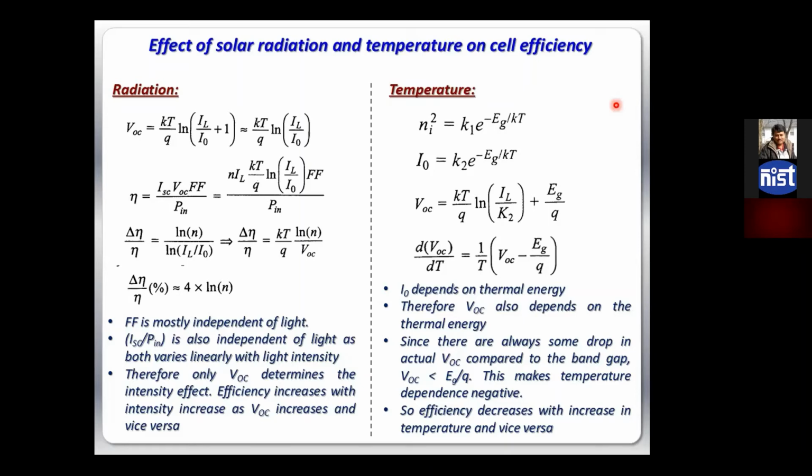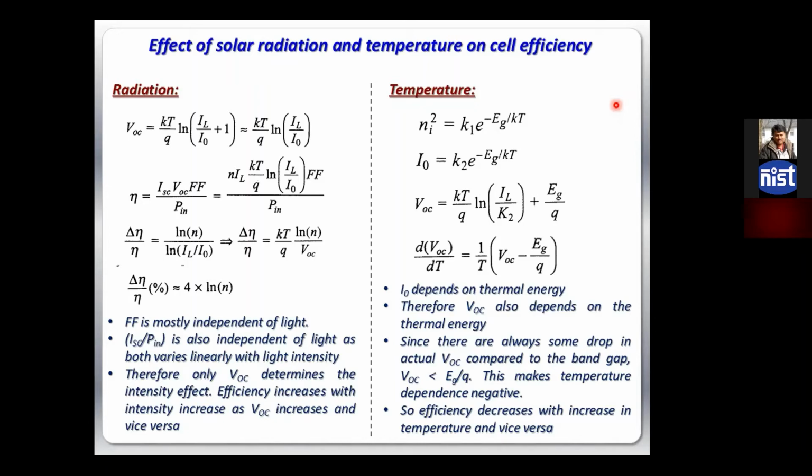Radiation means the intensity of the solar photons that are coming. Now you see, every day from dusk to dawn, the intensity of the sun varies, right? Morning it has low intensity, evening it has low intensity, in the afternoon it has high intensity. That means that can create fluctuation in the efficiency. Similarly, temperature also varies. Morning and evening we have less temperature, afternoon we have more temperature, winter we have less temperature, summer we have more temperature. The intensity also varies from season to season, right? So these two factors are very crucial.